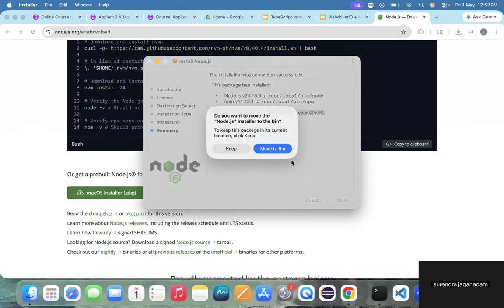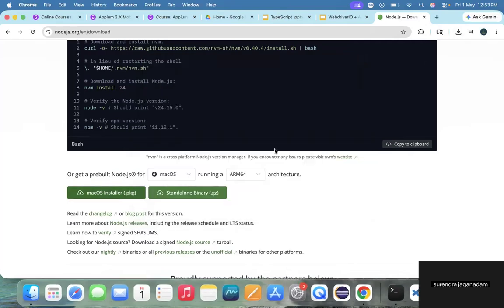As and when you click on Close on the Mac machine, it asks whether you want to keep the downloaded Node.js package file. As the installation is already completed, I don't want to keep it. Let me click on Move to Bin so that the downloaded file will be moved to the trash. And now what I'm doing here is, in the footer, I do have a terminal icon,